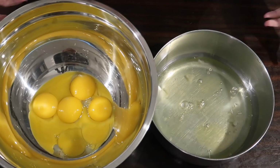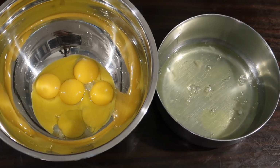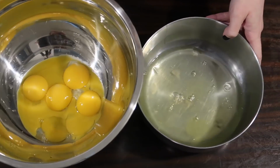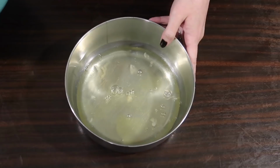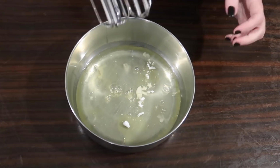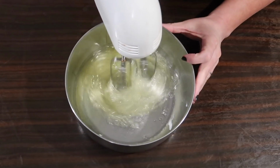I started on the cloud bread, and for that I took 6 eggs and separated them out. We put the egg yolks in one dish and the egg whites in another. The key to making these stiff is to add 1/4 of a teaspoon of cream of tartar. That's always just like a magic ingredient. And we're going to beat these with a hand mixer until they have nice, stiff, firm peaks, just like